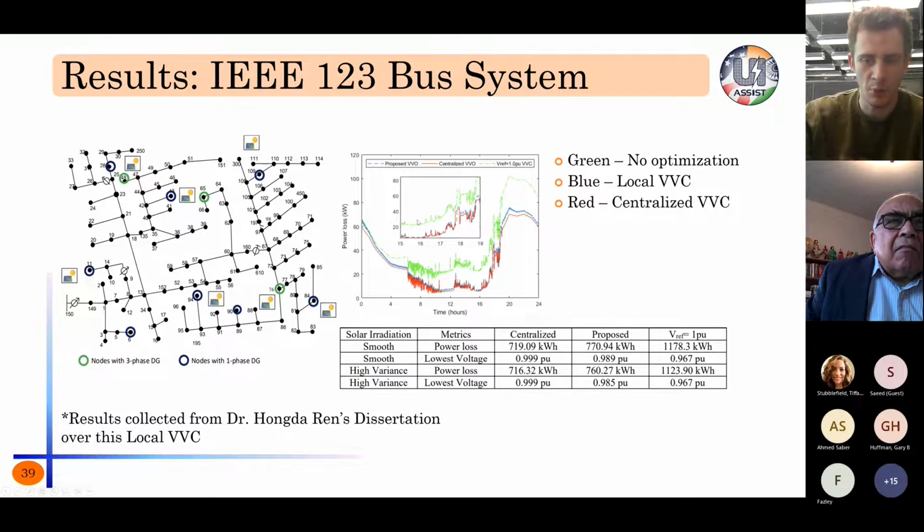And we see that the proposed method on the smooth solar radiation on the power loss, the proposed method had 770 kilowatt hours loss. But if we kept the V reference to just 1 per unit at each bus, the losses were 1,100 kilowatt hours. So that's a pretty significant